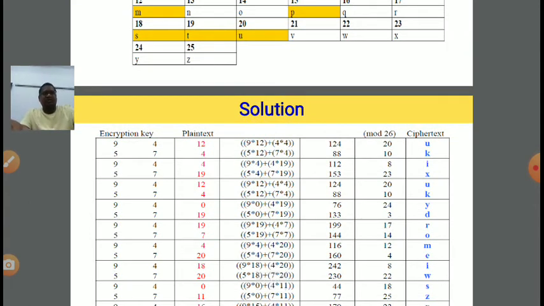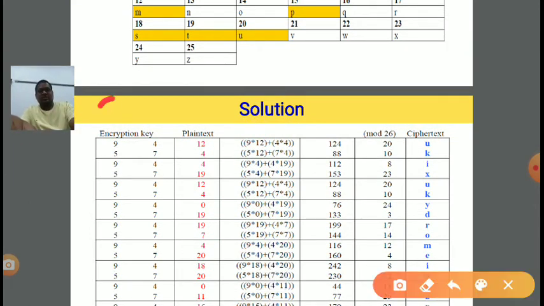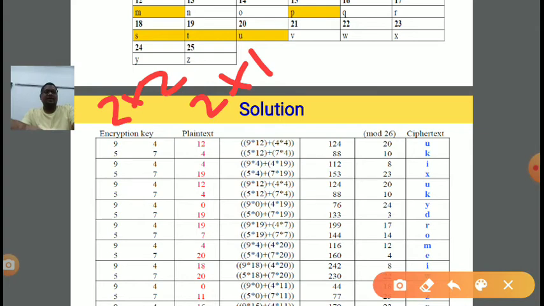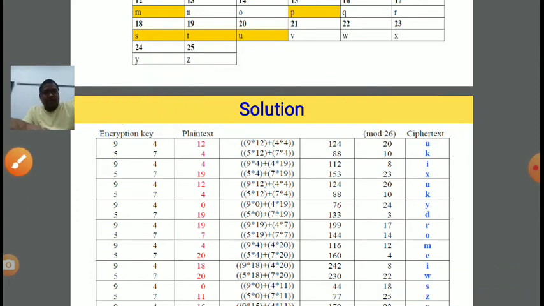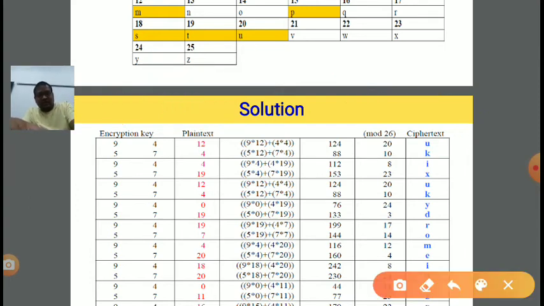The size of this key matrix is 2 into 2, and the plain text is 2 into 1. So the generated value will be 2 into 1: 2 rows and 1 column. Now how to convert this? We need to multiply this plain text with the key.